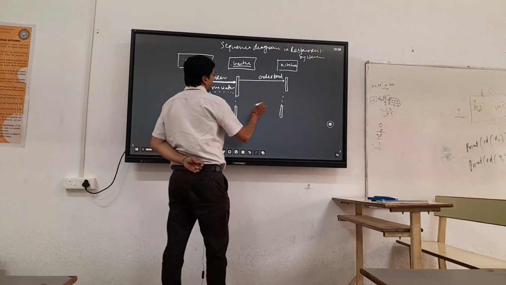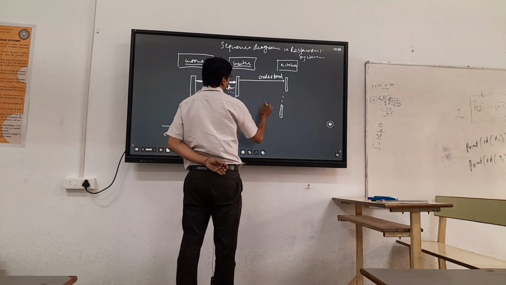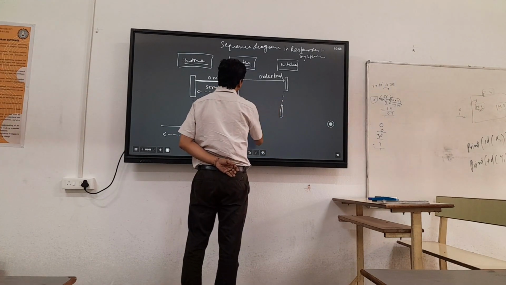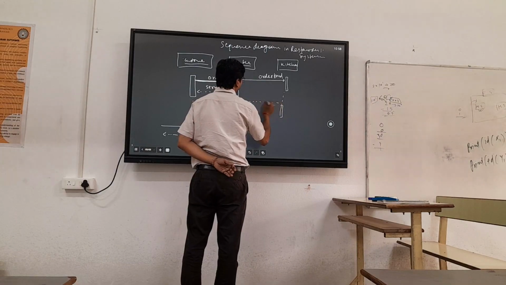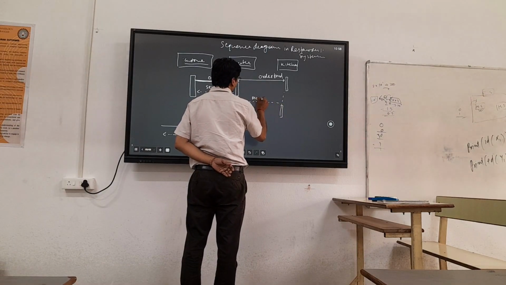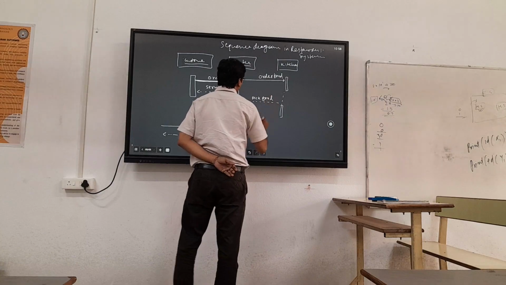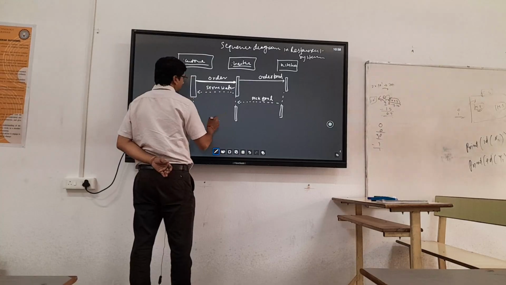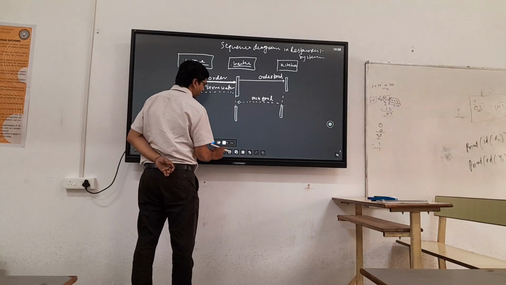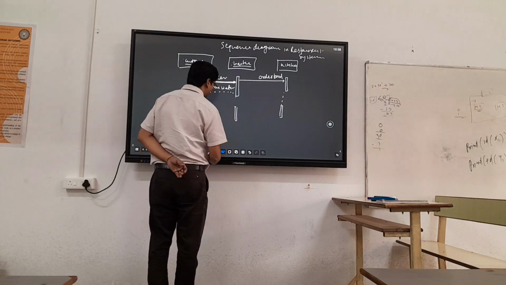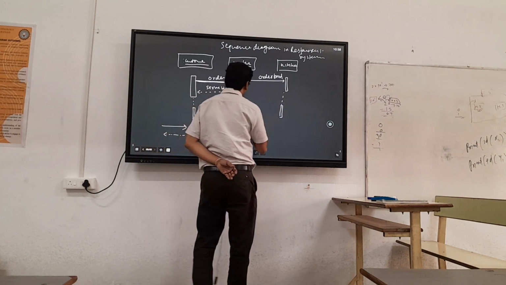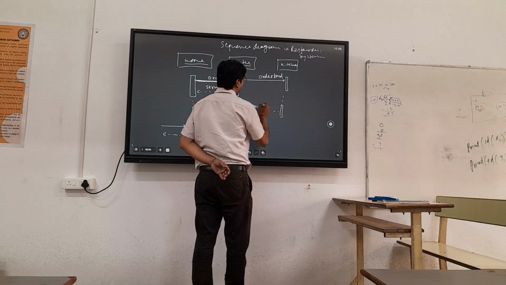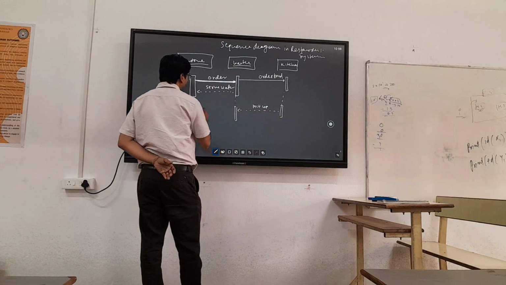Now the food is prepared and the waiter takes the food from the kitchen. Something is wrong here, I'll redraw my line. And he serves the food